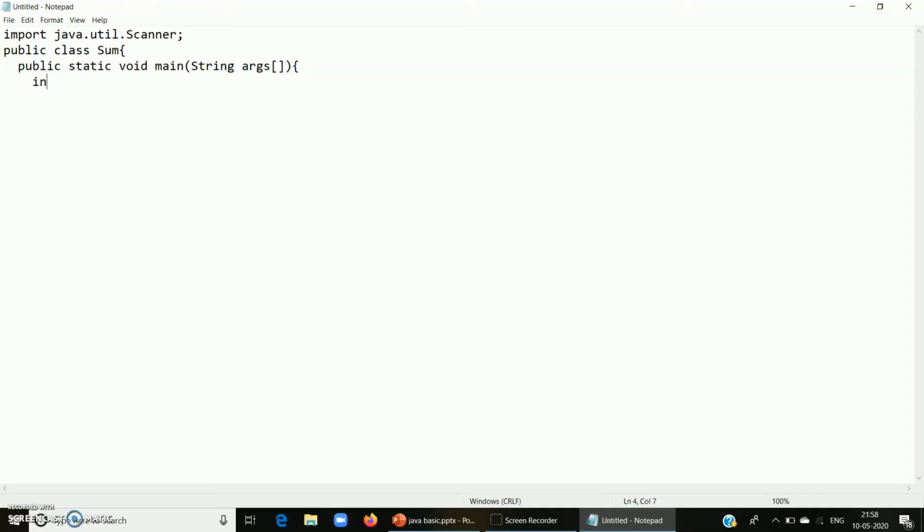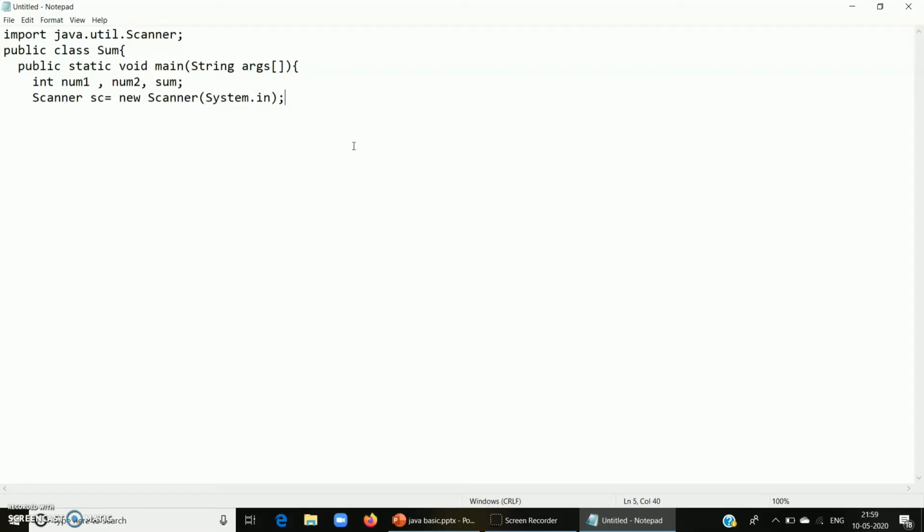So first you will have to declare int number1, number2. Int is the data type of the numbers that you are taking from the user. So all the three variables, number1, number2 and sum, are of integer data type. Now declare an object for the scanner. So Scanner sc = new Scanner(System.in). So this is for declaring an object for the scanner. In order to take input from the user, you have to use this object sc.